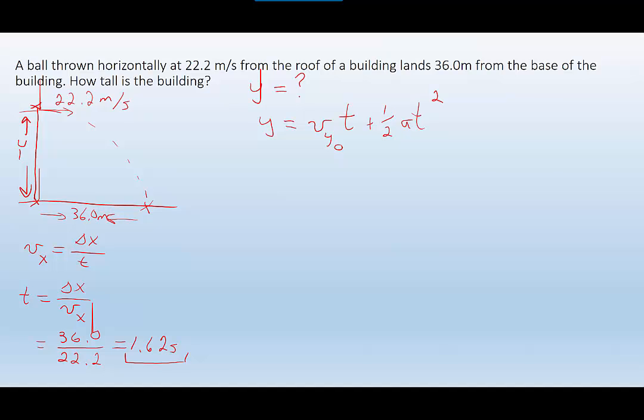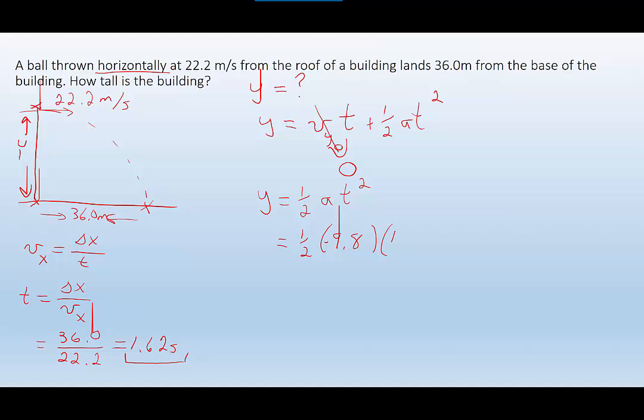So if I am going to start with this equation, the initial velocity in the y direction is 0 because it is thrown horizontally. So I can cross out that term completely. So then y is equal to 1/2 at squared. Keeping in mind that the acceleration of this ball is going to be gravity, we can quickly determine y as being 1/2 times 9.8. I'm going to call that a negative,